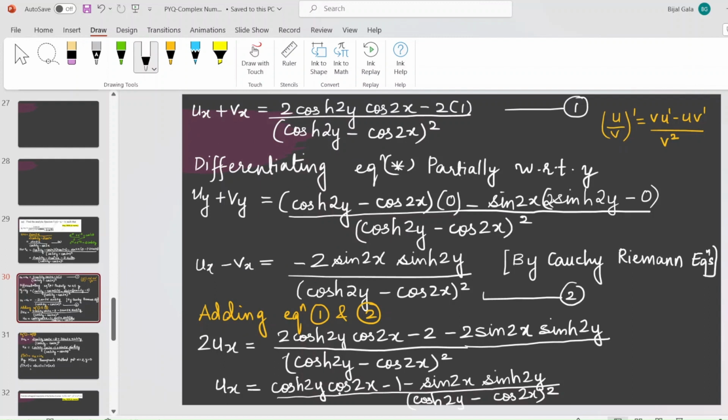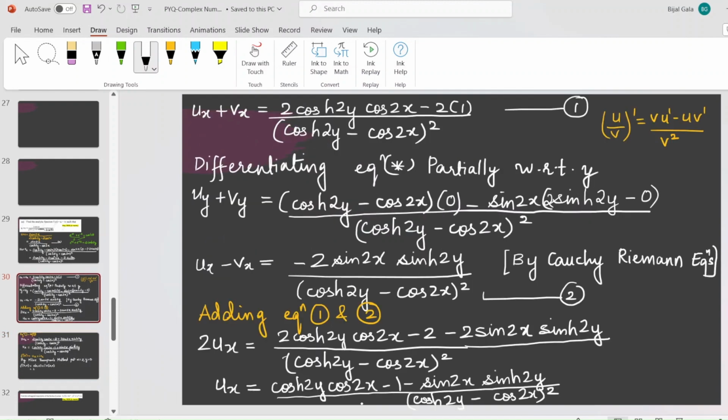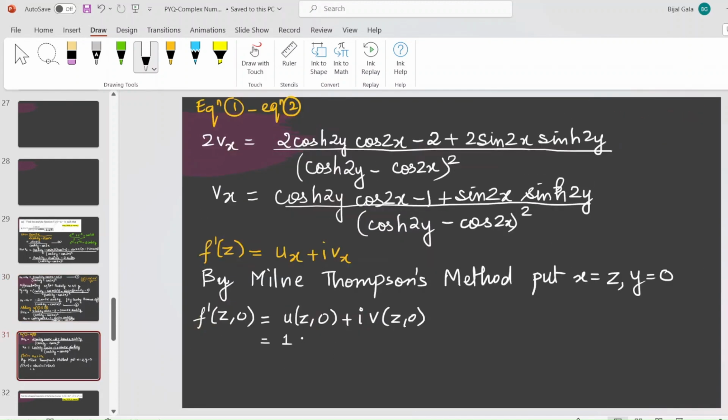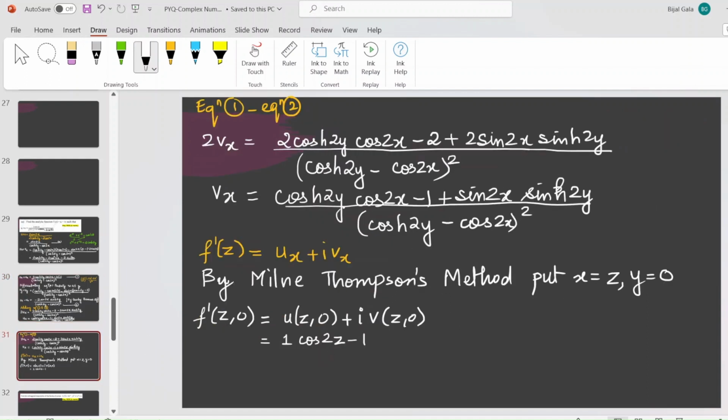So when I put 0 here in place of y, the first term has cos hyperbolic 2y, which is 1. Okay, cos hyperbolic 0 is 1. Then we have cos 2z. Then we have a minus 1, which will remain as it is. Sine hyperbolic 0 will become 0, so the entire second term becomes 0. The denominator is same here, so cos hyperbolic 2y will become 1, and this will become 1 minus cos 2z, the whole